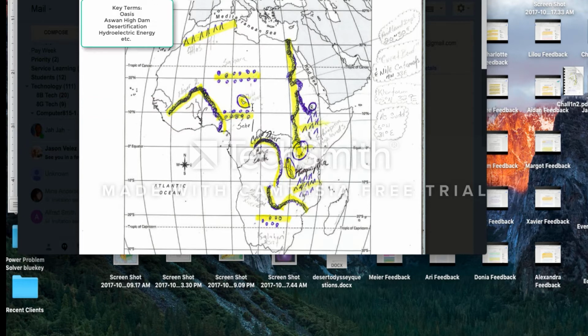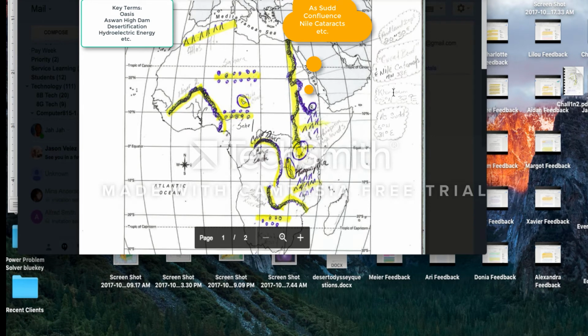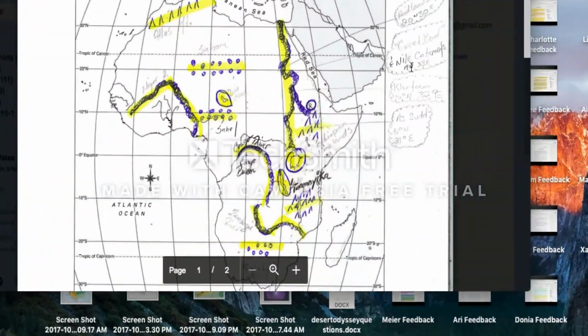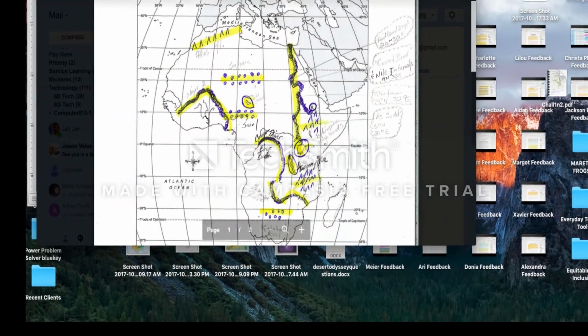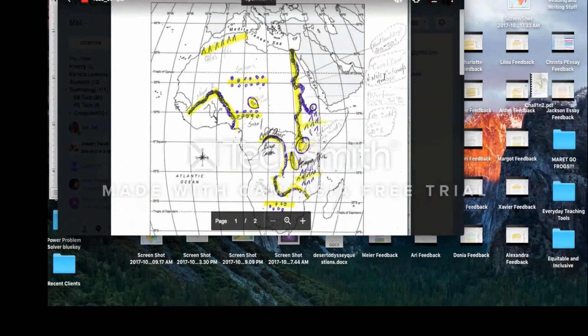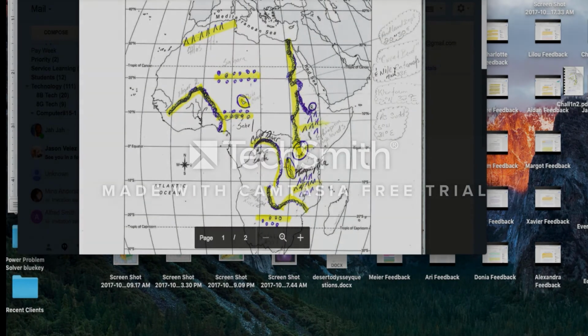What are some key terms? Like, what's an oasis, right? What is As-Sud, a swamp? What happens in Khartoum, confluence, where the White and Blue Nile meet? What are Nile cataracts, and how do they affect people? Well, they are wild water rapids, and they basically create obstacles for anyone who's traveling the Nile, up through the